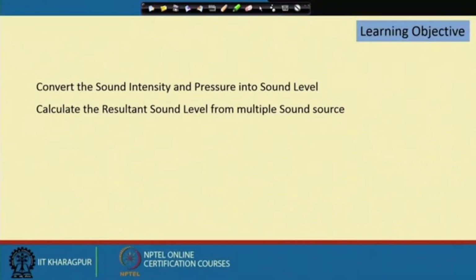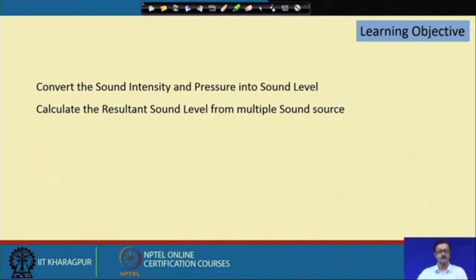Now let us proceed further and learn what sound pressure is, how it can be measured, and how the sound pressure and the sound intensity can be mathematically converted to sound levels. In this lecture we again have 2 learning objectives. In this half an hour lecture, we need to know how to convert the intensity and the pressure to a particular sound level,